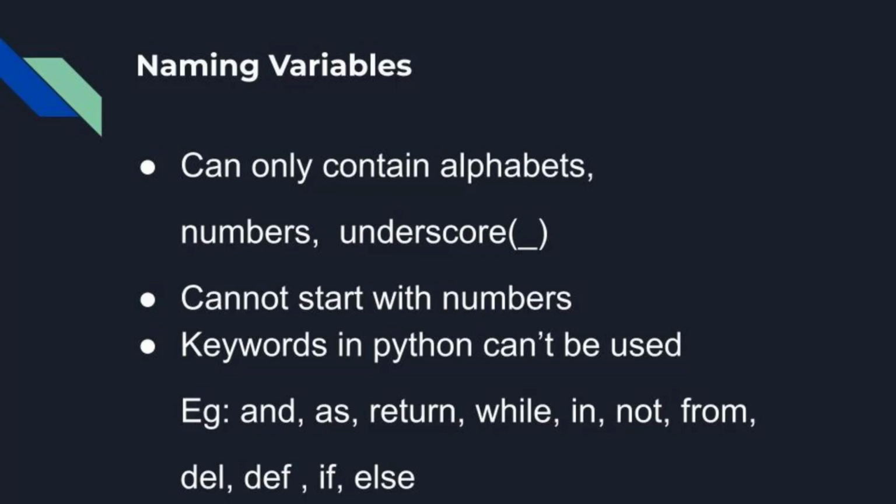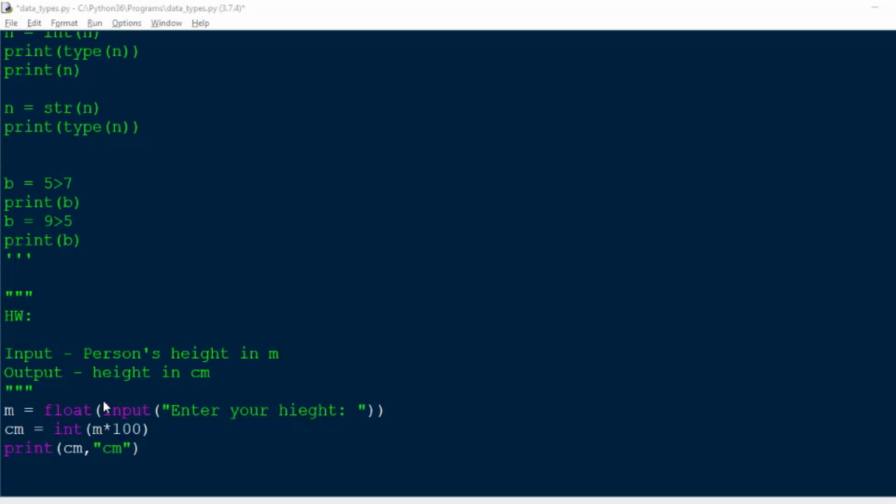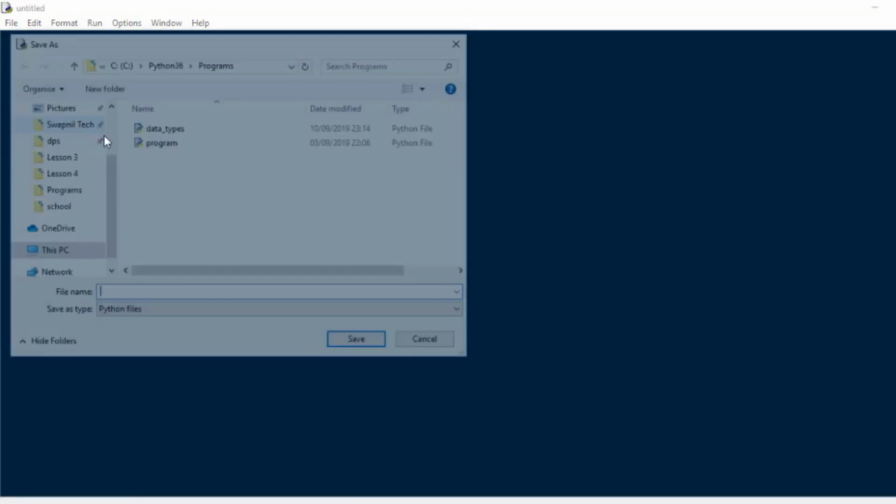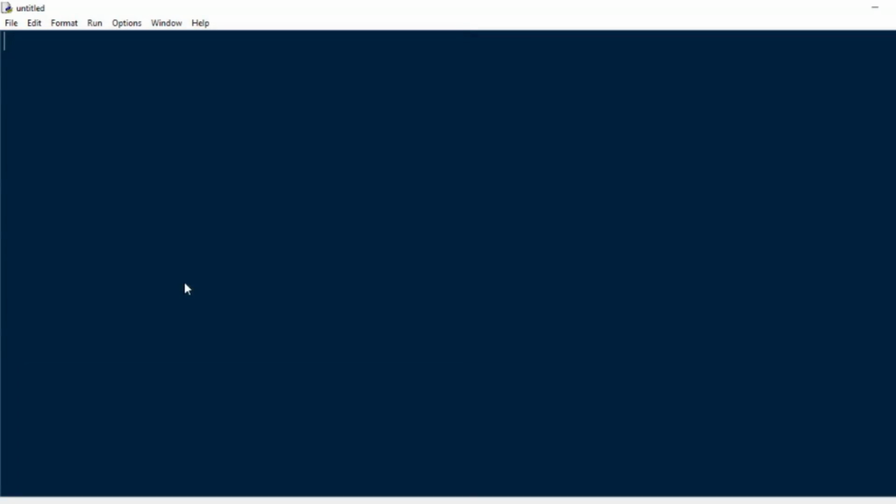These include and, as, return, while, in, not, from, del, def, if, else, and so on. We will learn the use of these keywords later, but for now just know that we cannot use any of these special words. So now let us check that out in the Python file. If I just put this homework in comment, I'll make a new file, save it as random. So now if I want to create a variable, let's say ABCD, and